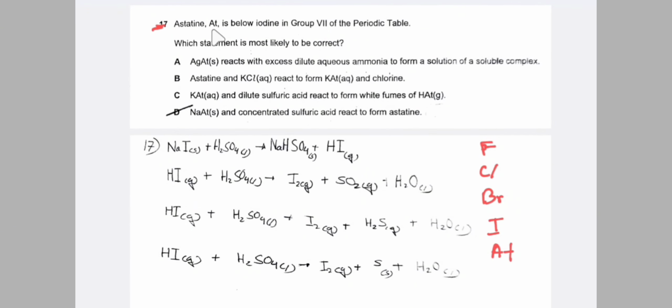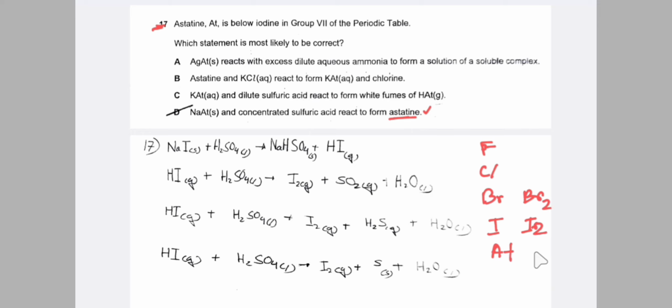In question number 17, astatine is below iodine in group 7 of the periodic table. Which statement is most likely to be correct? Among these statements, sodium astatide and concentrated sulfuric acid reacts to form astatine. Yes, this statement is correct because NaBr reacts with concentrated sulfuric acid to form NaHSO4 plus HBr. Then HBr reacts with sulfuric acid to form Br2, SO2 and water. So yes, bromine forms Br2,